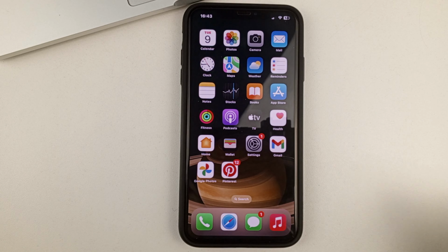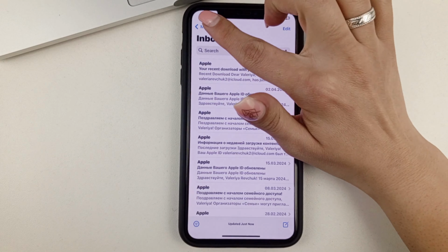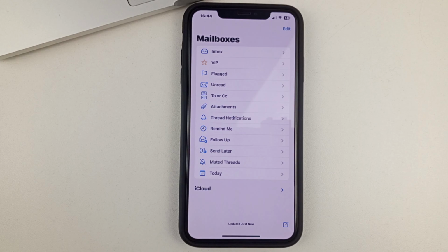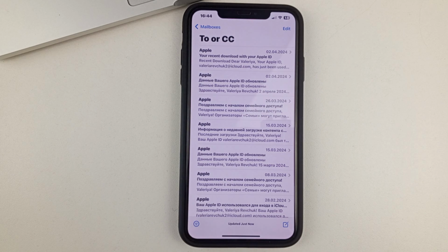And let's get started. So, for this, we're going to go to Mail. And here, if we go to Mailboxes, you can find a box that will be called Junk Mail, which will contain spam messages. I don't have such a box yet, but if you've been using Mail for a while, you'll definitely have one, I think. And with a spam message, you can do absolutely everything that you can do with regular messages.